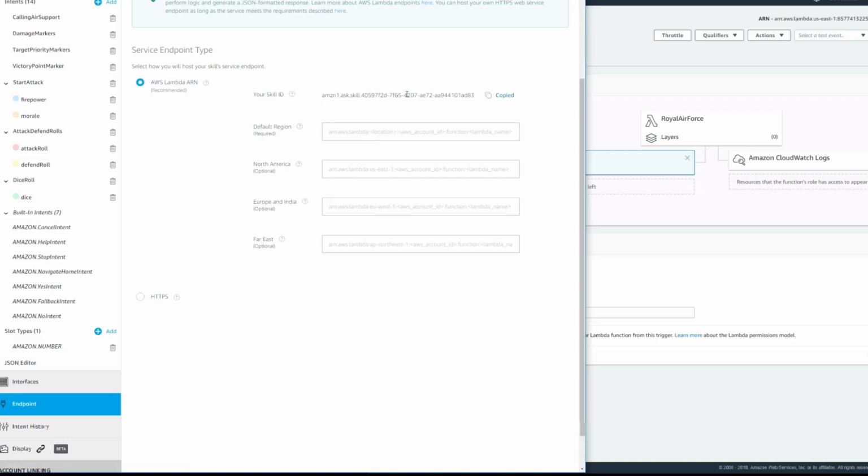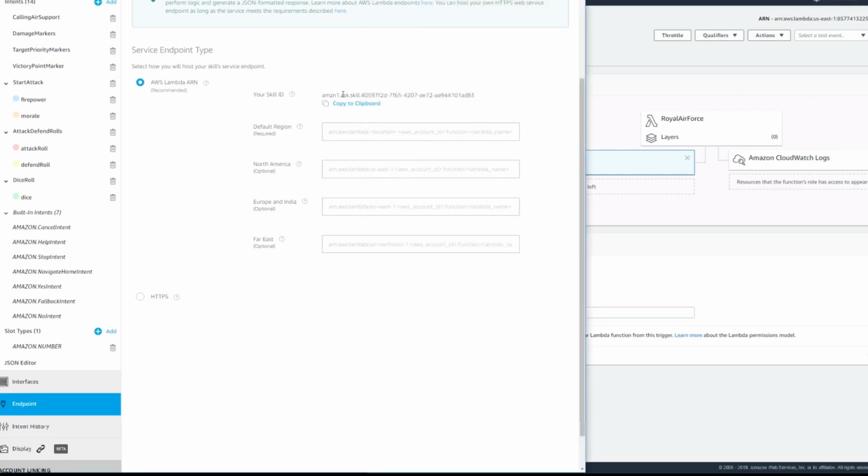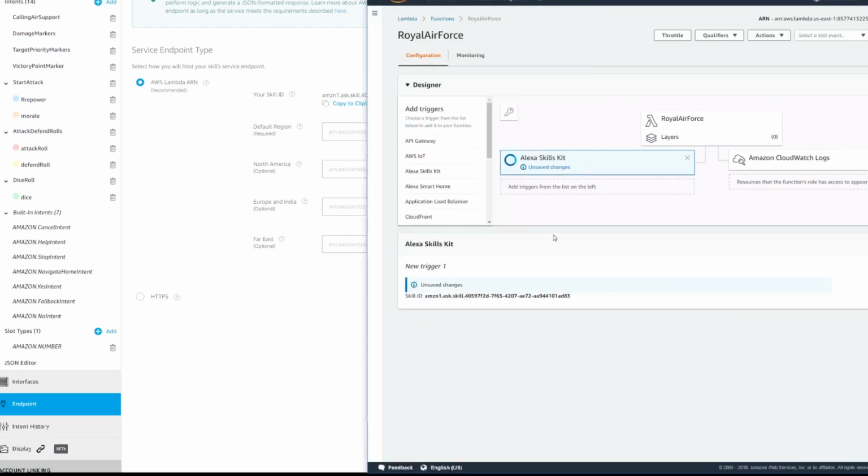Where are you going to use your skill ID? Over here. You remember this? Skill ID verification. I want this skill, married, to this skill. So we're going to do a ceremony of marriage by pasting in that skill here over to here, and then click add, and that'll set up our security. So it's telling it that I want this skill married to that one. All right. So at this point, you want to click save. So then it saves it.